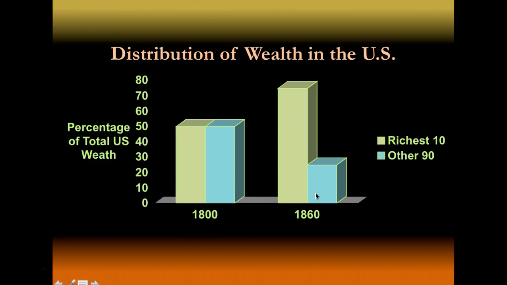It'd be interesting to see what these scales are today, but I have a feeling it's much closer to this than to this. Even though this is not exactly equal by any means, it's much better than the richest 10% owning 80% of the wealth. And I think it's more like the richest 10% own about 90% of the wealth in the United States.